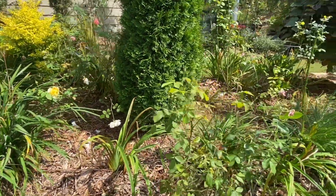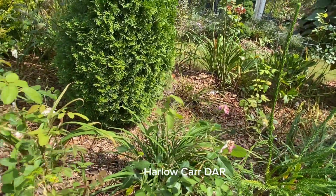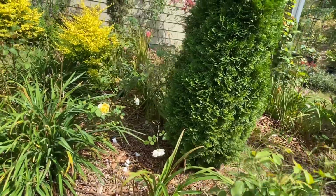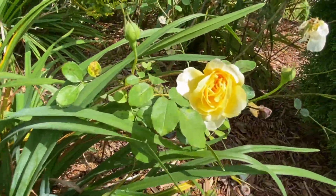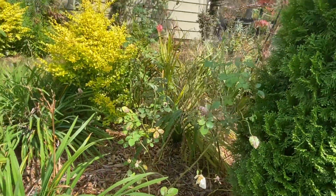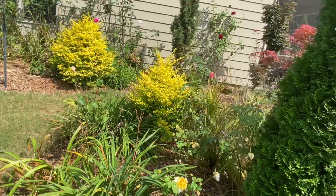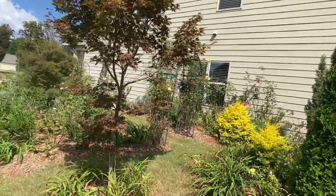I guess it was flowering yesterday. Maybe got beaten off by the irrigation system. But Port's wife, beautiful yellow, and of course David Austin roses, fragrant. Our Bloodgood Japanese maple,